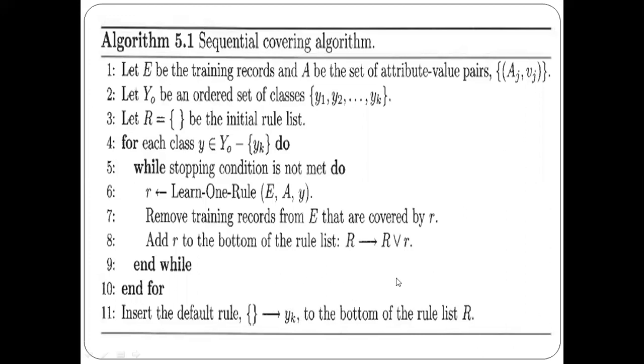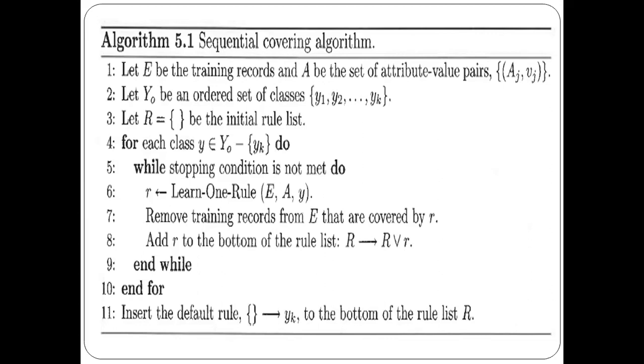So this will be added to the bottom of the list, or the end of the rule set here. Okay, so once we find all the rules, this is a sequential covering algorithm. Try to remember this. The sequential covering algorithm finds the records that belong to one class at a time. Each time it generates one rule. Once it generates the rule, it removes the records that belong to that rule. Later it finds the second rule, until it finds all the rules or until the termination condition is reached.